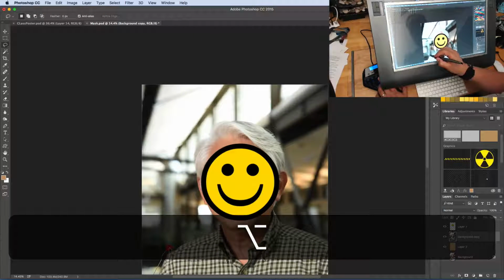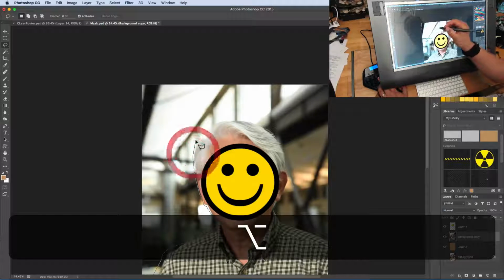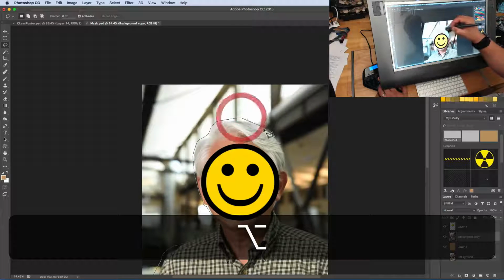As I hold that down, I can also press and hold my stylus or press down the button on my mouse, and it'll give me the ability to go around curves. So I can do straight lines just by clicking, and as long as I'm still holding down Alt or Option, it will allow me to refine that edge either with a straight line or with a curve, as you see here. So I'm going to go around the ear, I'm going to roll around the hair, go around the shirt,